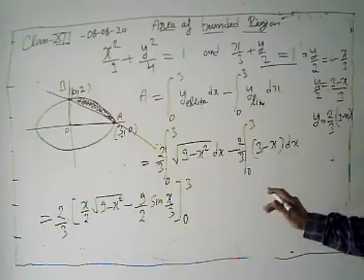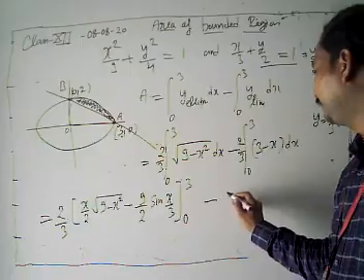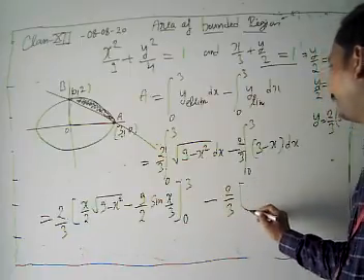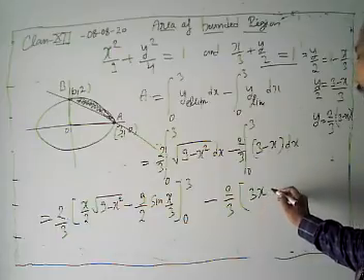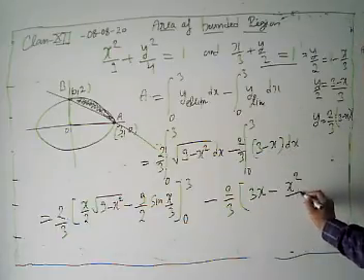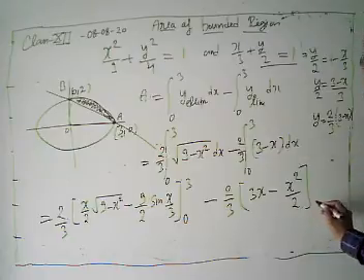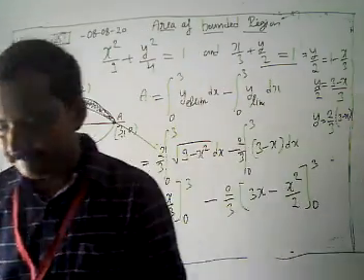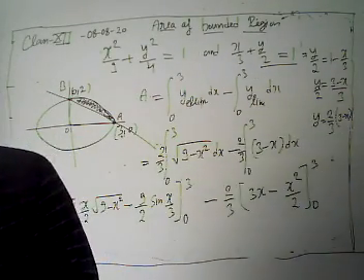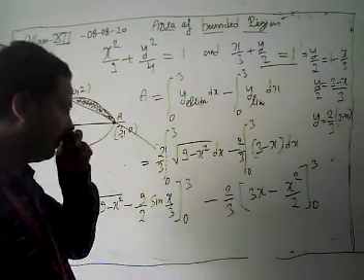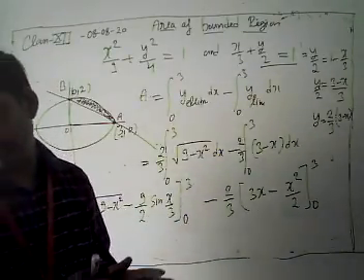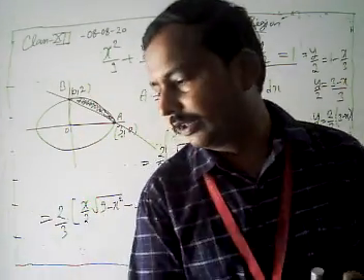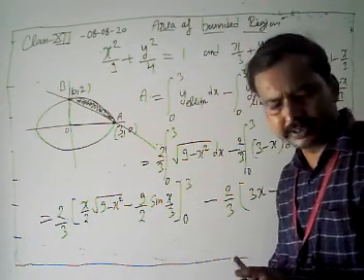Now look, we are going to solve this. Minus 2 by 3. Here what do we get? Its integration is 3x minus x square by 2, and we are going to put the limit 0 to 3. Now look, we have put the values there. After putting the values, now we are going to solve it. First of all we put the limits, the upper and lower limit, there.